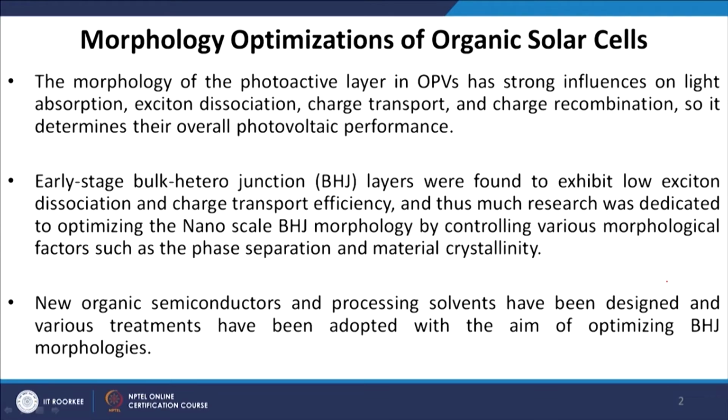Now, the first question is, what do we mean by an optimum morphology? So, by optimum morphology we mean a bicontinuous phase separated percolated network. Bicontinuous because throughout we want to see donor acceptor nano interface. Phase separated, we want to separate the donor phase and acceptor phase, and also percolated network because whenever we have a charge separation, those electrons and holes need to travel to the electrode. So, they travel to the electrode through a percolating network. So, that determines the optimum morphology.